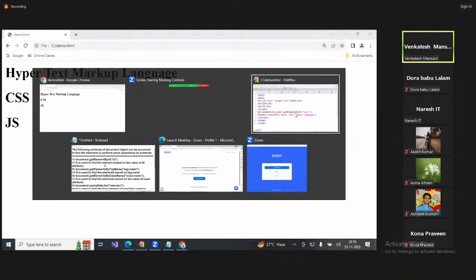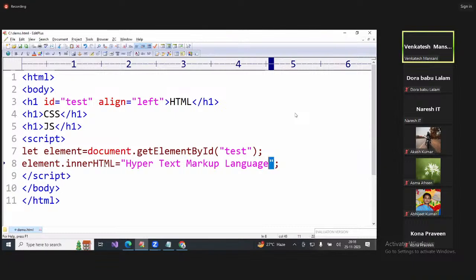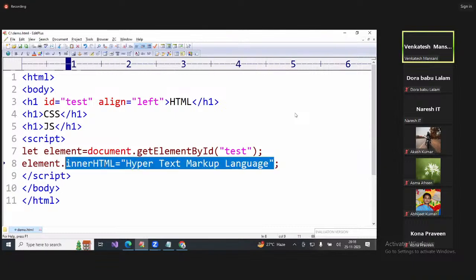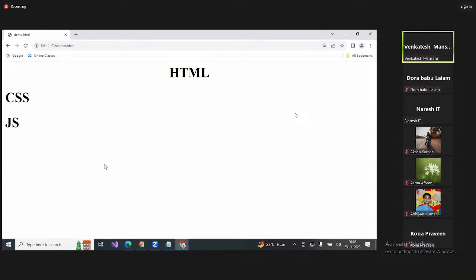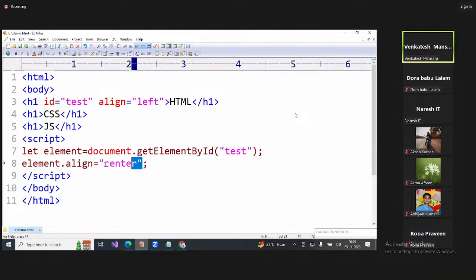Content changed. If you want to change the attribute value, suppose the align attribute is there. I want to change it. Align equal to center. Now the content is centered. Now content not changed, attribute value changed. If you want to change the style, the color you want to display, style dot color equal to red. See,